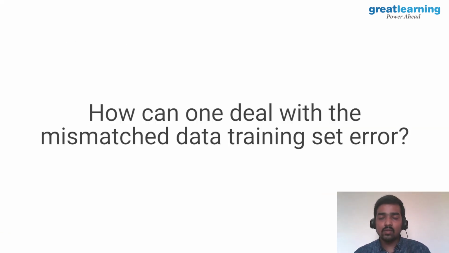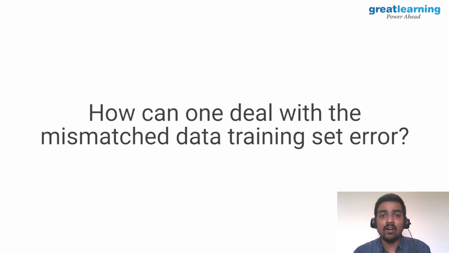So regarding the mismatched data, there are a lot of things. If you see a training set error, which means there is some error in the data set, then we need to deal with it ourselves. We need to go through the data and spend some time with it. Let's say a German sentence is misclassified, or while preparing the data a German sentence is labeled as English, then the model might get confused, right? So we need to take care of all these things ourselves.